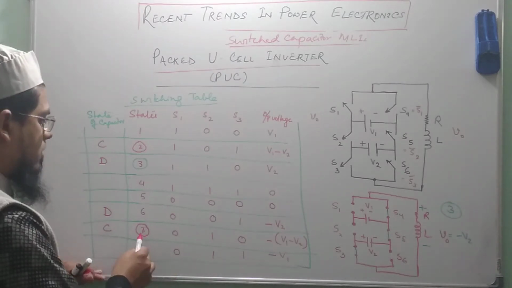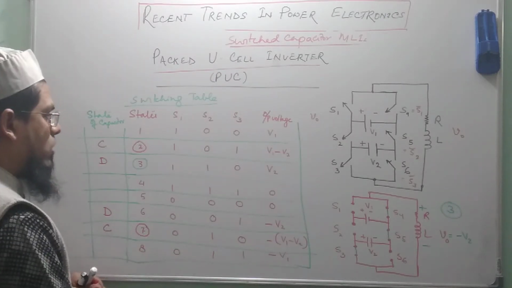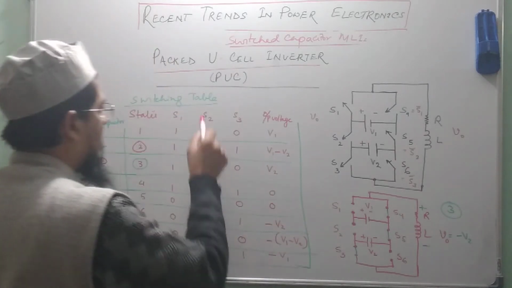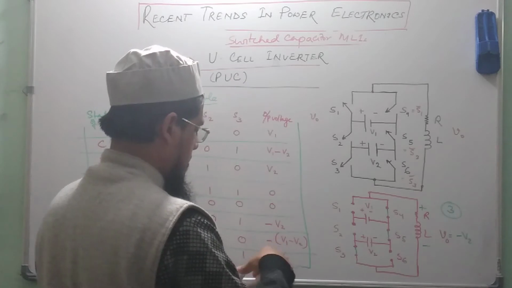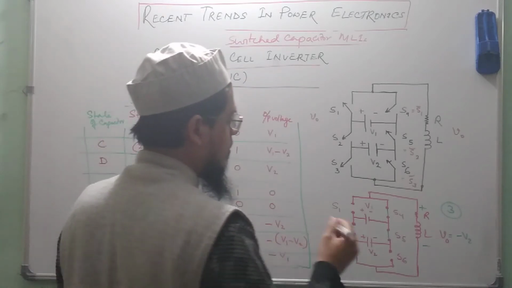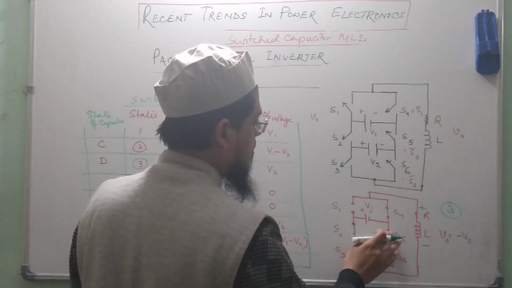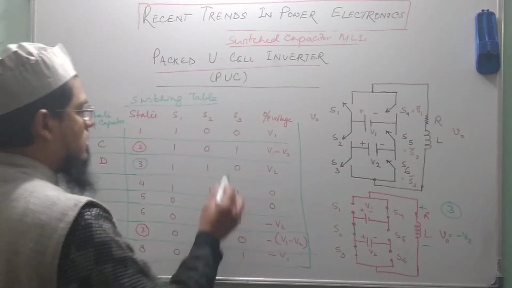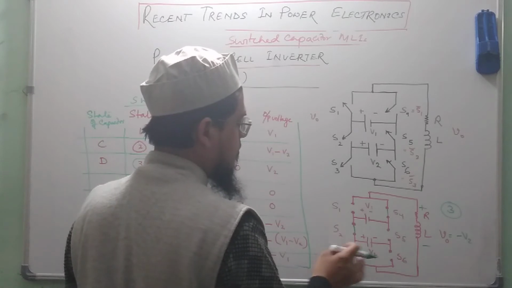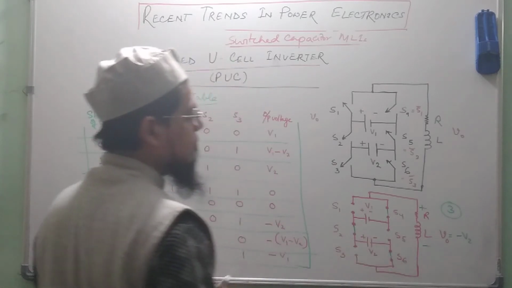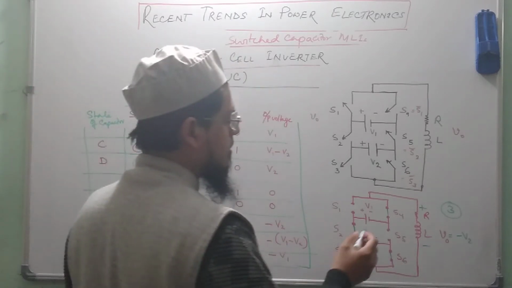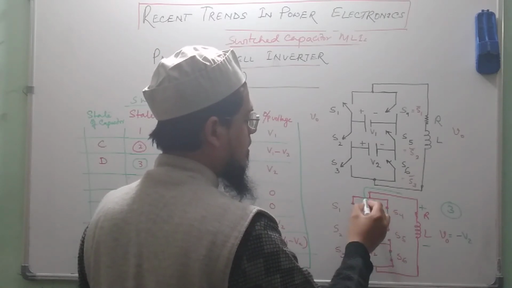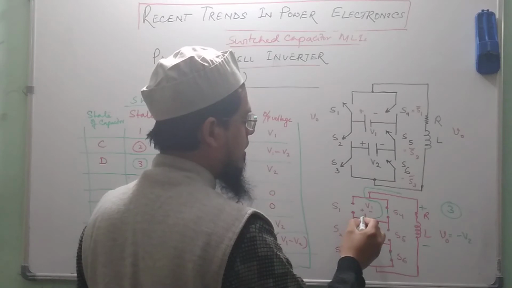Let me see this 7th state and things will be more clear. In 7th state S1 is off, S2 is on. So, let us turn on S2. S2 is on, that means I have to turn off S5, and S3 is also off. S3 is off, then that means S6 has to be on. Now, you could see here the flow of current is like this, isn't it, through the battery and through